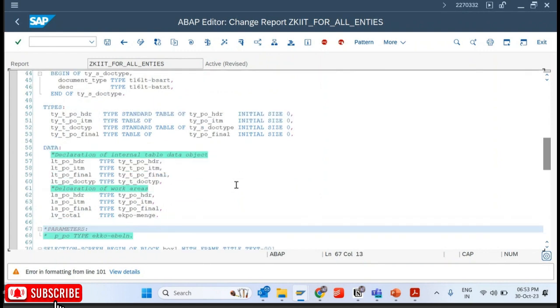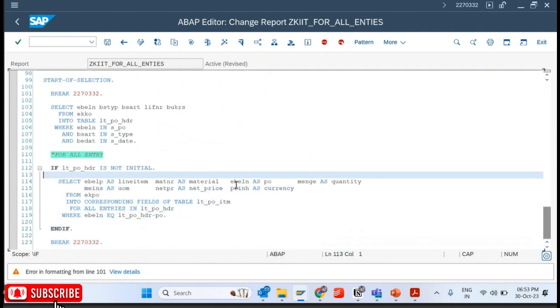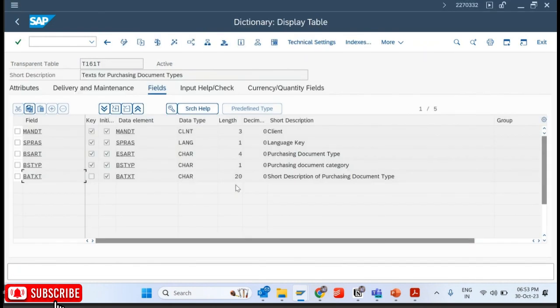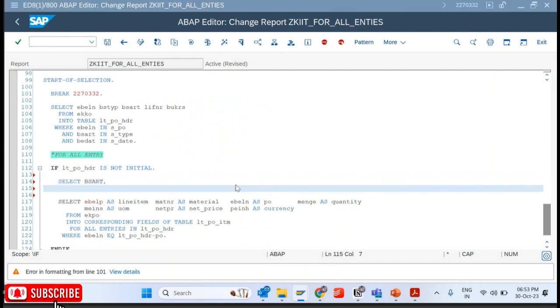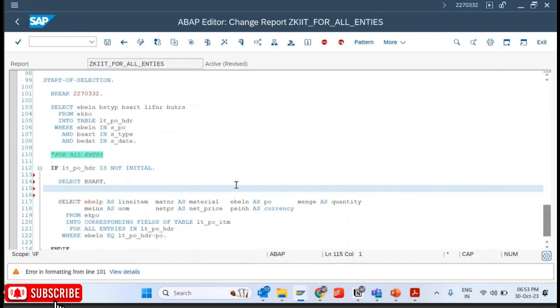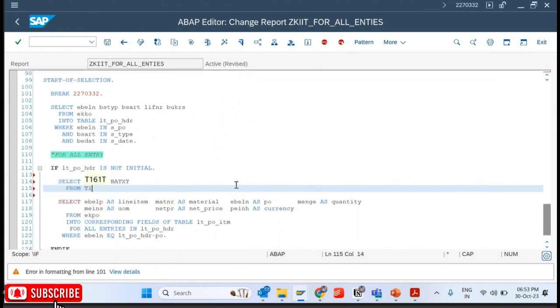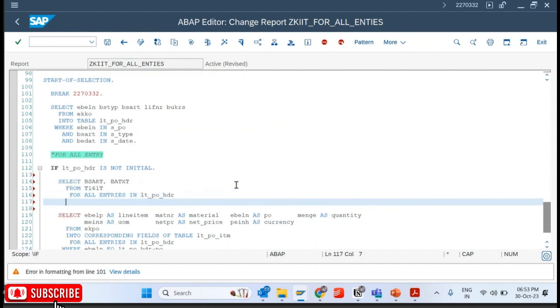LT_PO_DOC_TYPE of type TYT_DOC_TYPE. So my work area and internal table are done. Now I want to select the entries from T161T. So here I can write select BSART and BATXT from T161T for all entries in LT_PO_HEADER